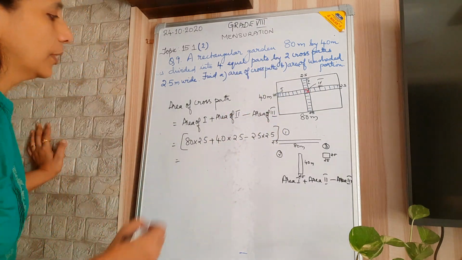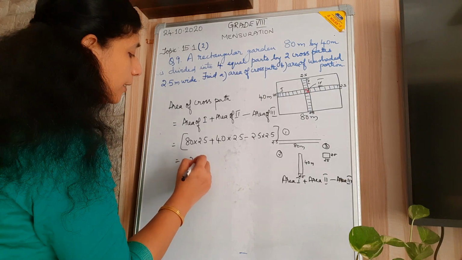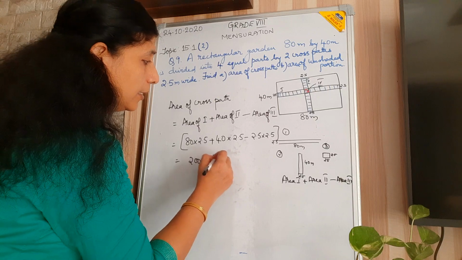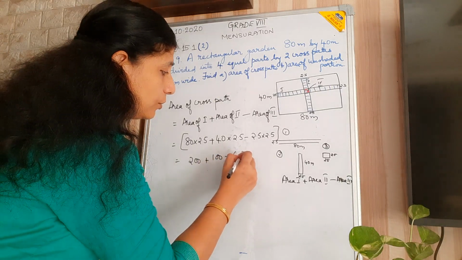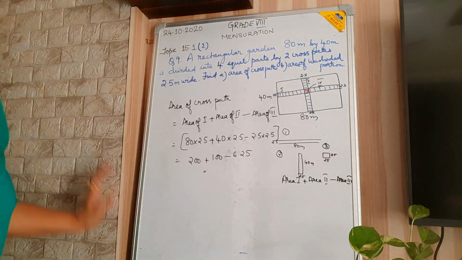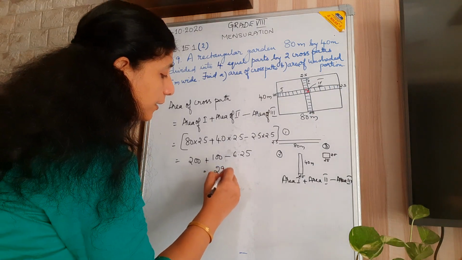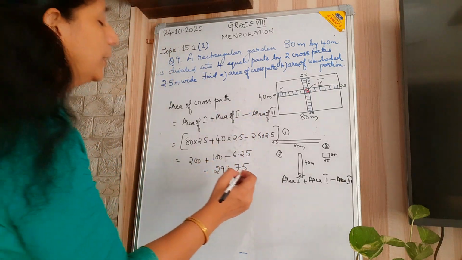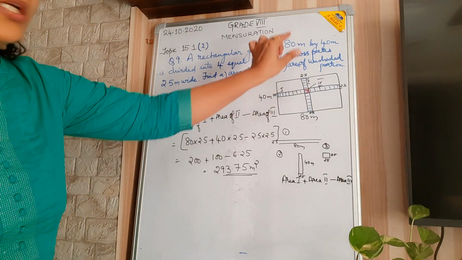Okay, so 8 5s are 40, balance 4, it was a 16, so it is 200 plus 4 into 25 is 100, so 300. And 25 into 25 is 625, 2 decimals, so it is 6.25. So how much it is? 300 minus 6.25, it is 293.75. It is in what? Unit is meter square. So this much you got it, area of the cross paths.